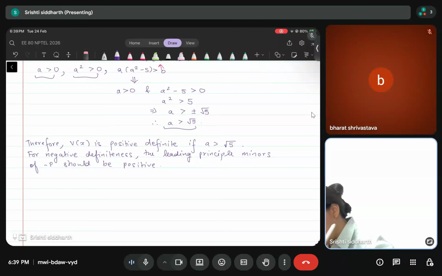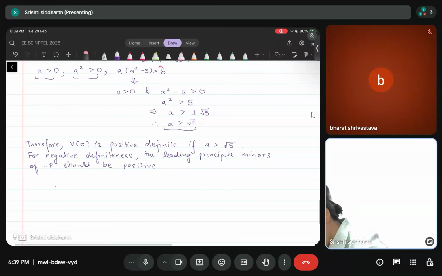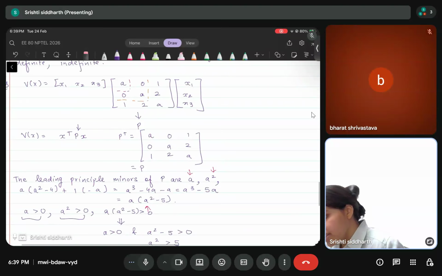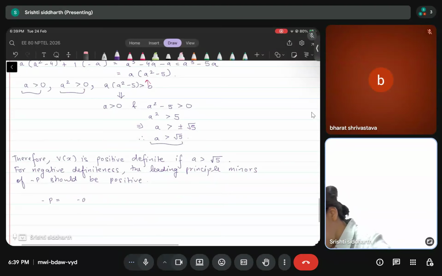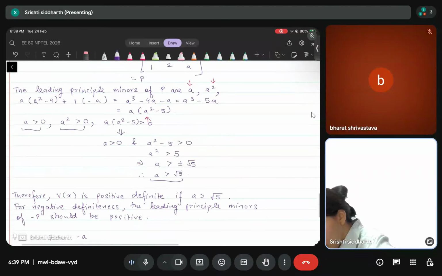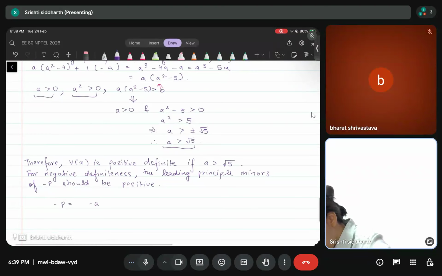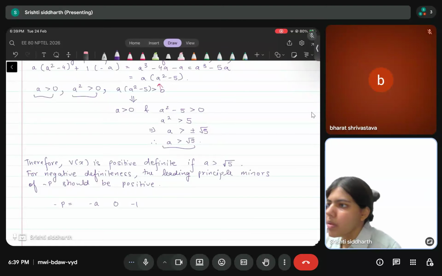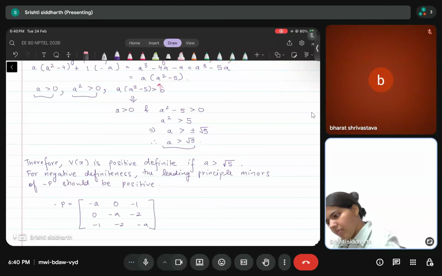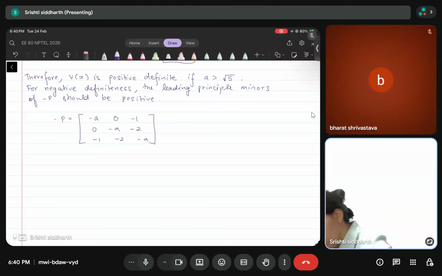So what does this imply? Minus P would be the matrix with rows minus a, 0, minus 1, then 0, minus a square, minus 2, then minus 1, minus 2, minus a. So leading principal minors are